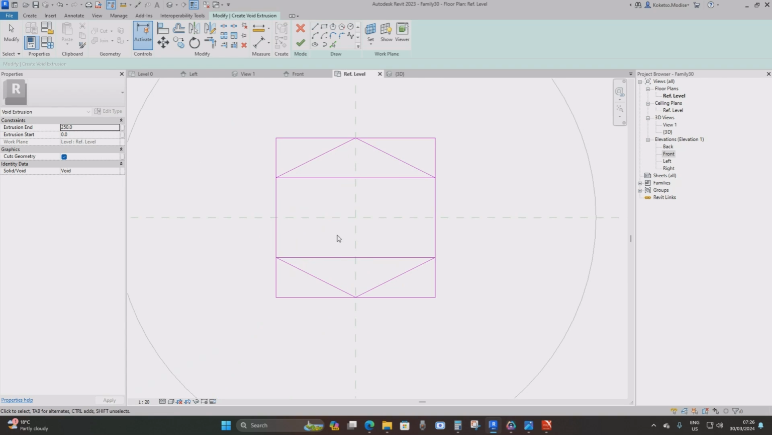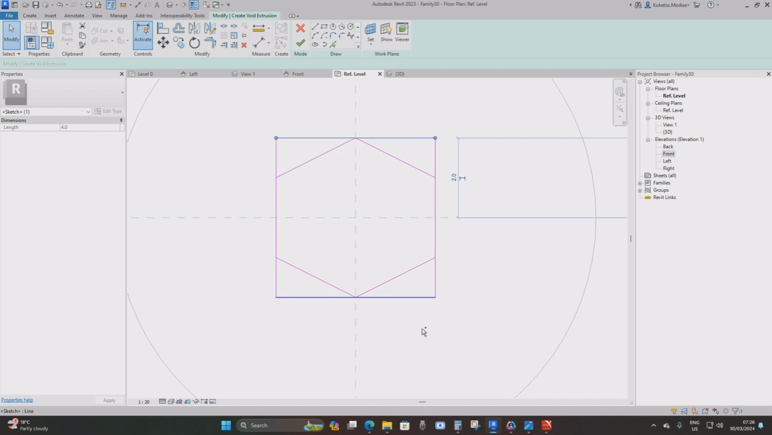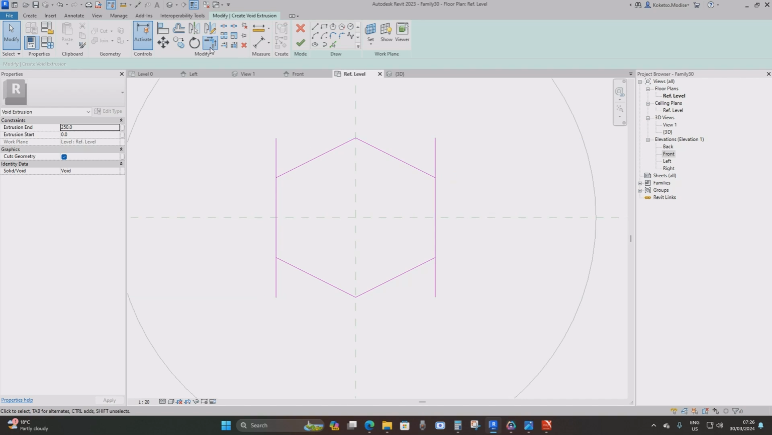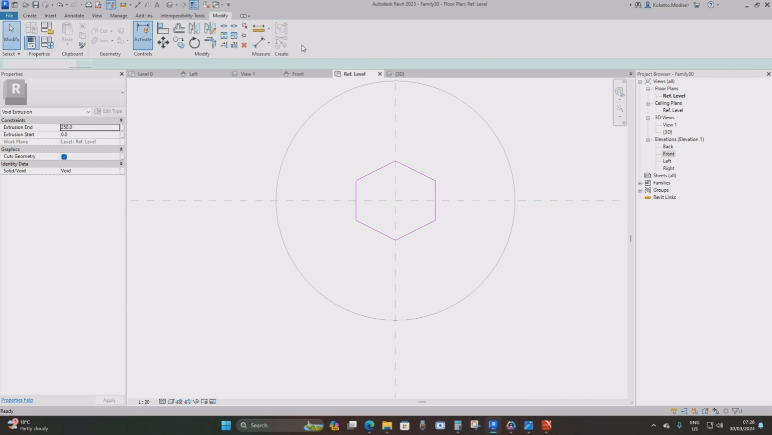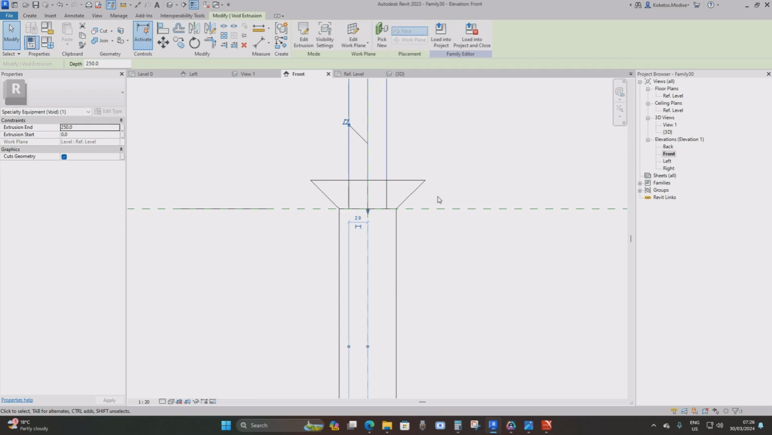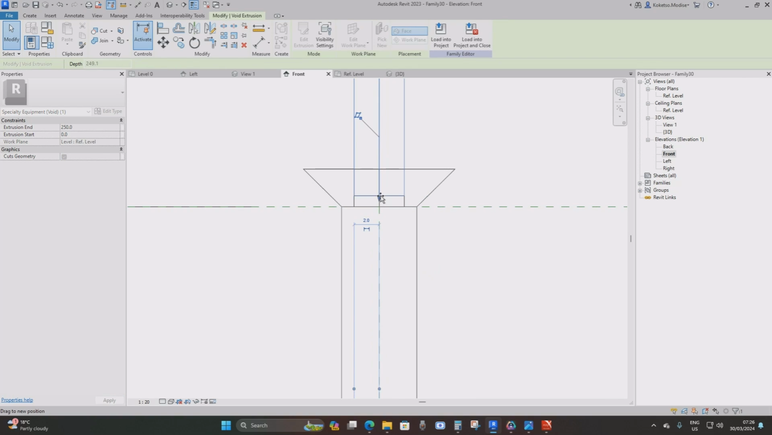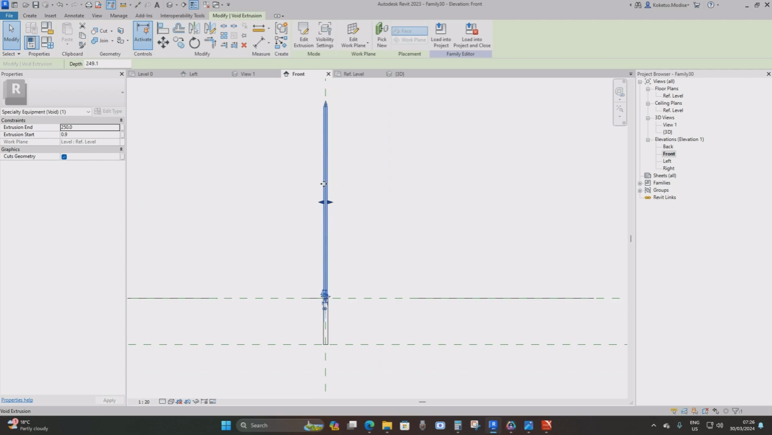The next thing is you're going to select these two lines, and then remove them, and then select these two lines and then remove them, and then you're going to go to trim and extend, and then trim and extend, trim and extend, and then trim and extend. Then you're going to say finish edit mode, go to the front elevation,